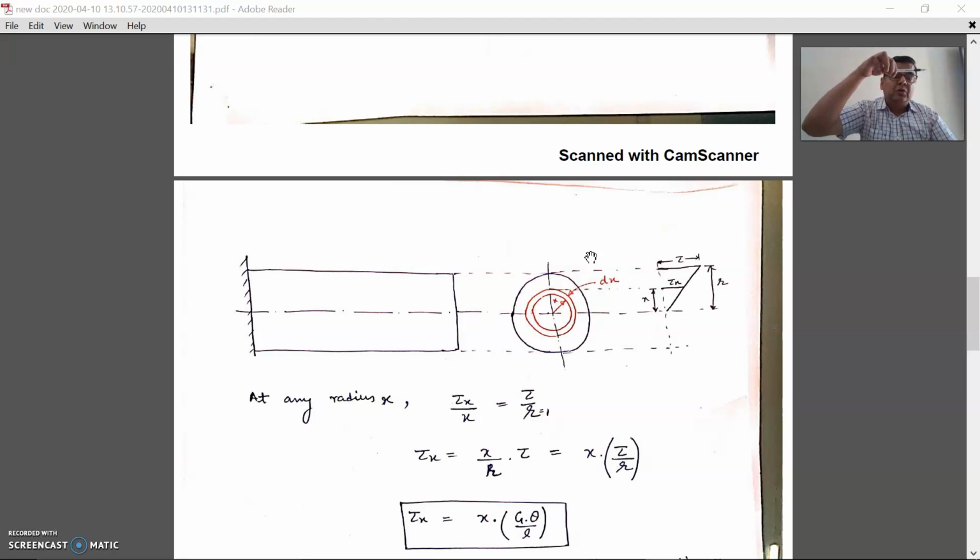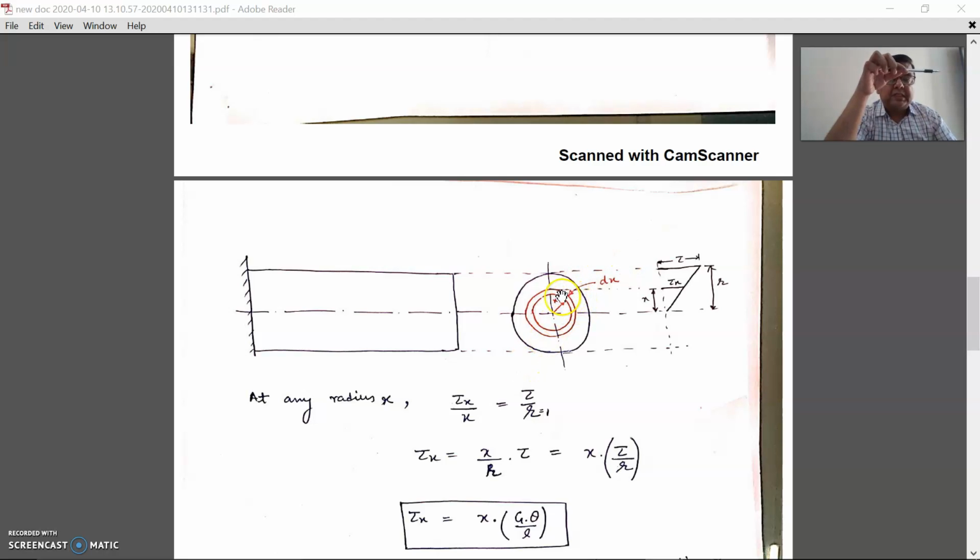So in this formula, we are trying to calculate the value of the internal moment of resistance that is developed inside the shaft, and that moment of resistance should be equal to the applied torque, right? So we'll first calculate the internal moment of resistance that has developed inside this shaft. Let us see how.